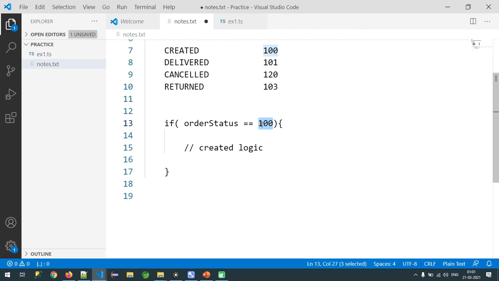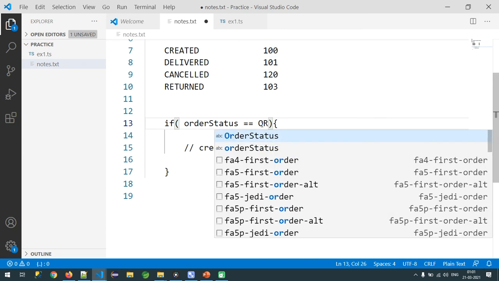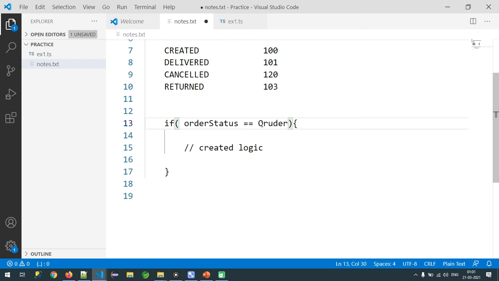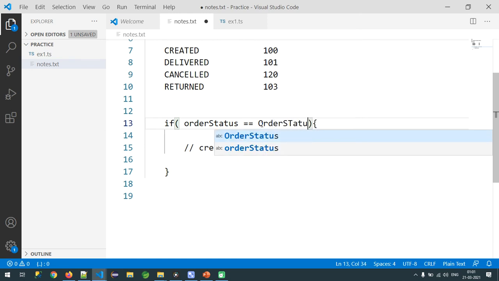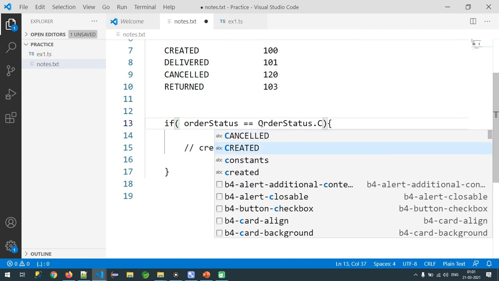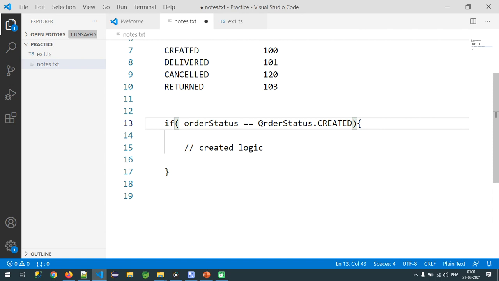So we need to see the documentation and understand. Instead, I'm going to say OrderStatus.created. Now, instead of writing it the old way, I'm writing it this way, sir.